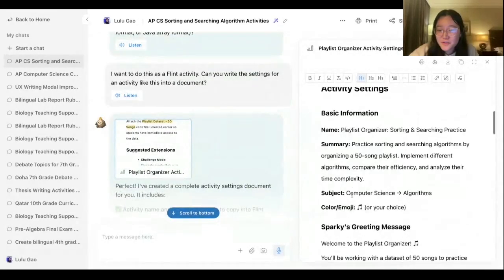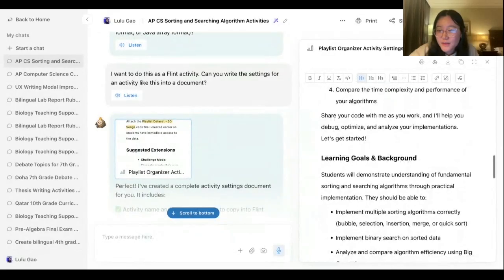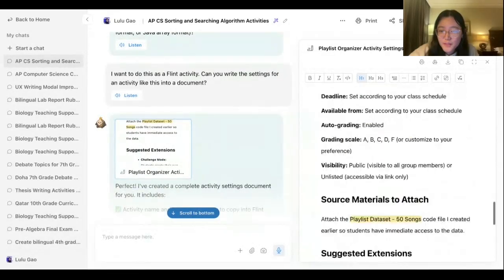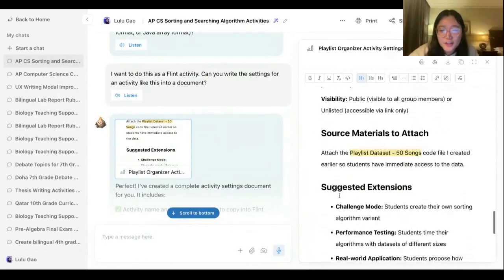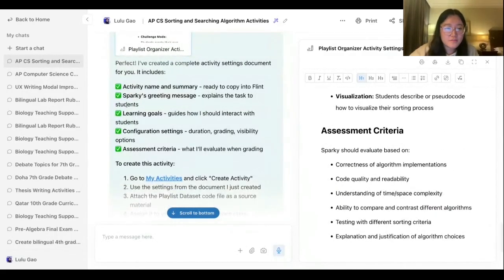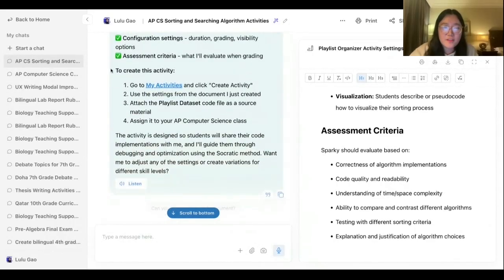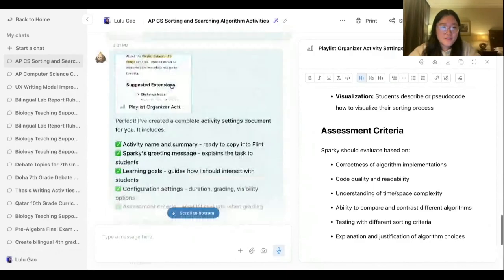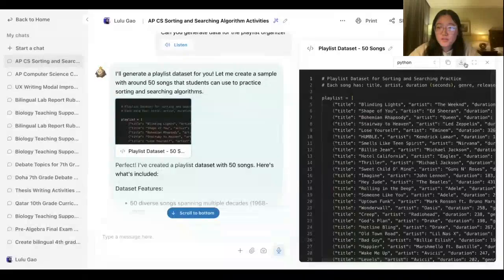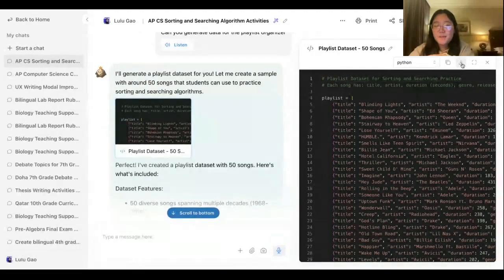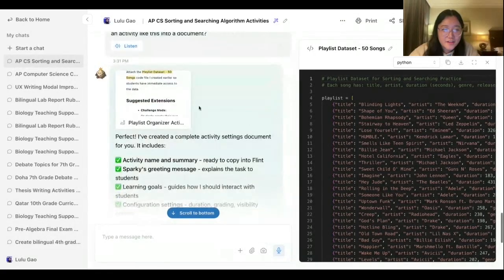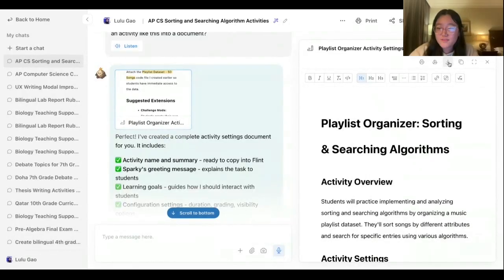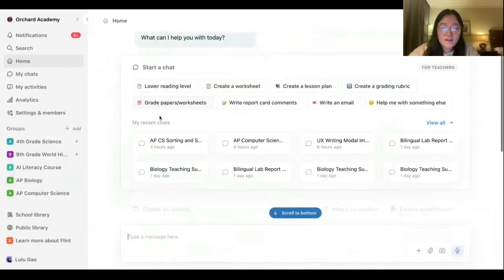Like the activity overview, settings, the greeting message, and then additional information like duration, deadline, grading scale, whatnot. Yeah, and it was able to create that and even give me the instructions for how to make activities here. So what I did from here was I downloaded the database file, and then I also downloaded the activity settings file, and then I took that into a new